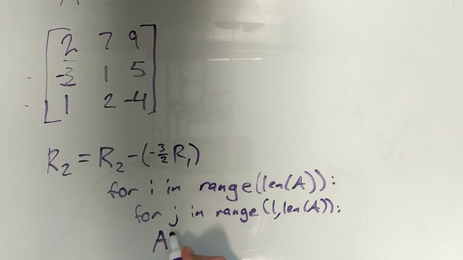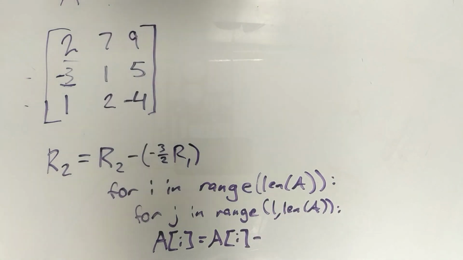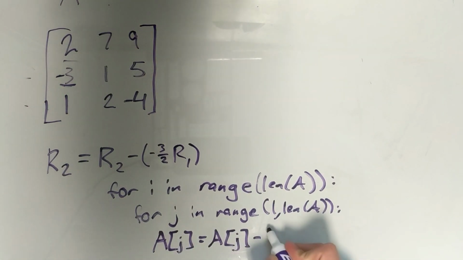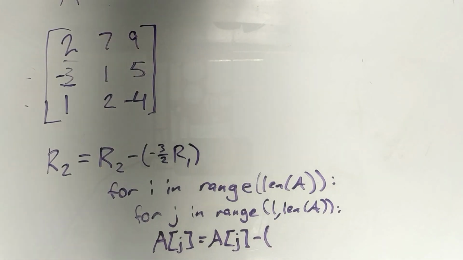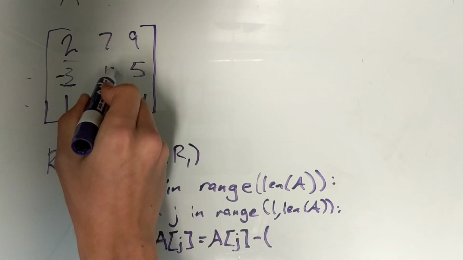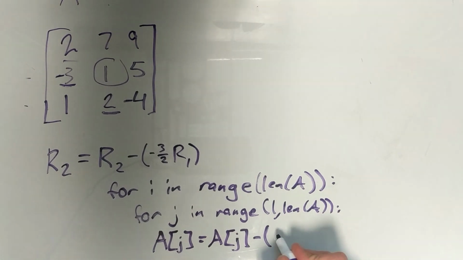However, we'll say A at I equals A at I minus, and then this is where we'll deviate a little bit, or these should be J's, my bad. Because say we wanted to change this 2 here. The coefficient that we would look at, or our pivot point, is going to be this 1 here. And so we want to say,